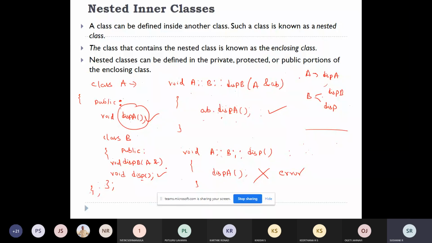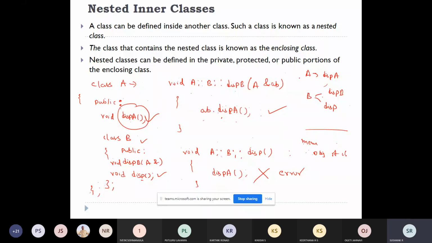Because the creation of an object of the nested class will not cause the object of the enclosing class to be created. Even though you are creating an object of the nested class, that doesn't guarantee the creation of the enclosing class.